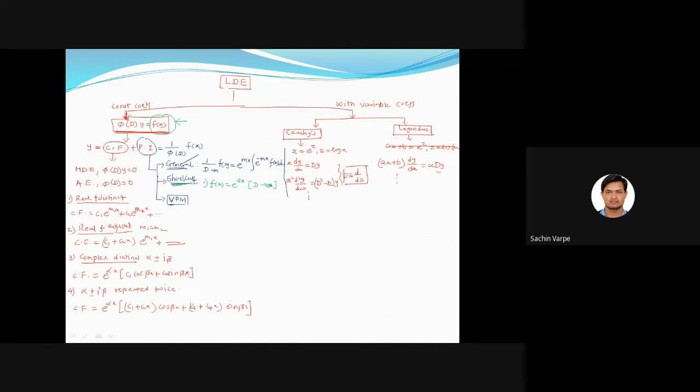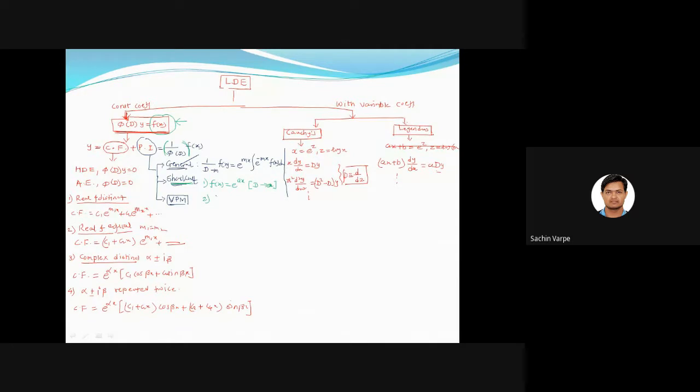In case of failure, what do we do? We multiply this operator by the independent variable. Yes, we multiply this integrating operator by the independent variable, and we go on taking derivatives of the denominator phi of d, till we get a non-zero denominator. So जितनी बार डेरिवेटिव लेंगे हम उतनी बार independent variable से multiply करते जाएंगे. Okay, so that is the main case.